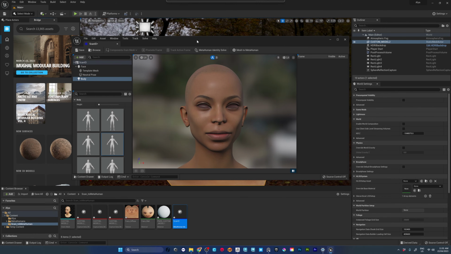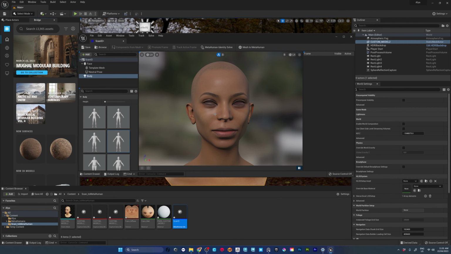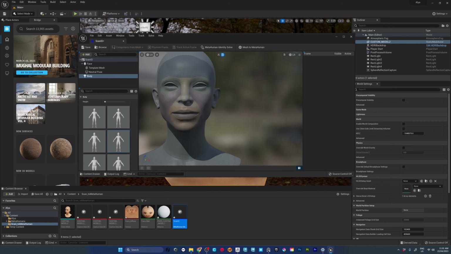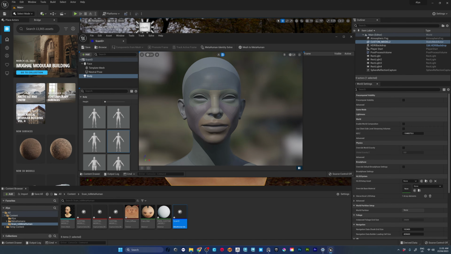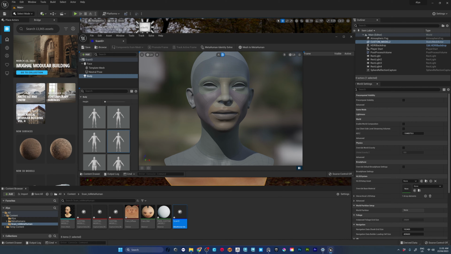So now what this has done is it has created a metahuman mesh based off our template there, which is great. So now we can use all the animations, all the preset hair, eyes, everything that's going to fit perfectly onto this. So before we can do that, what we need to do is, because this is going